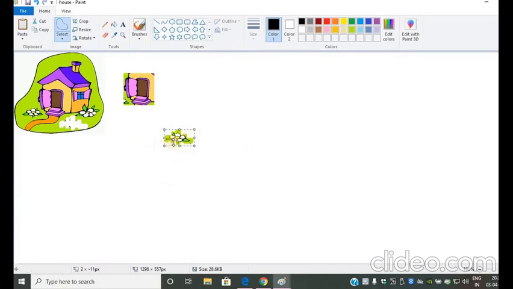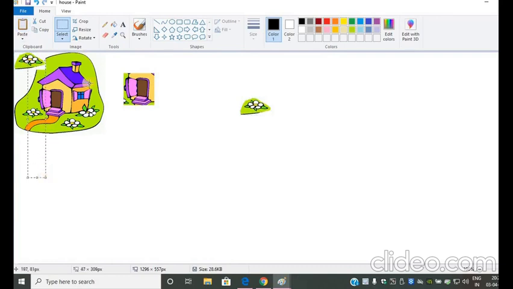Now after selecting the object, we can do cut, copy and paste operations along with it. How to copy the object I have shown you. You have to just select it and click on this copy option. This will be copied, and when you paste, you can paste it multiple times, as many times as you want.